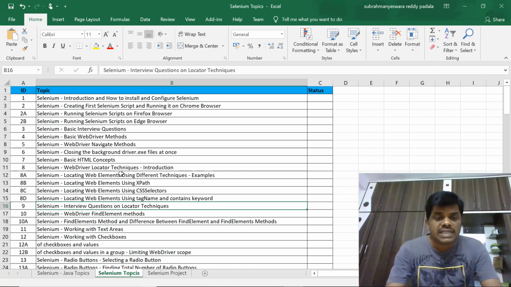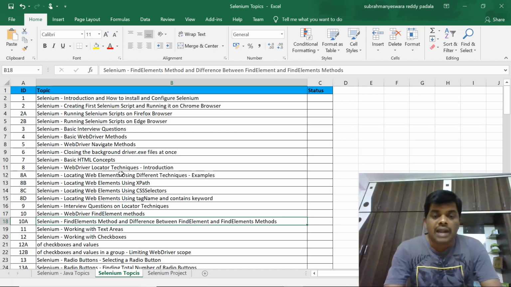Okay, once that is done, we will see WebDriver find element methods, then what the find elements method is, and also the difference between find element and find elements methods. So once that is done,